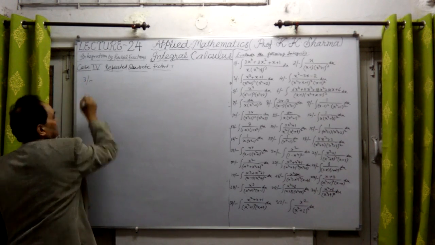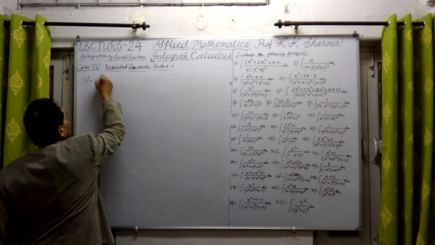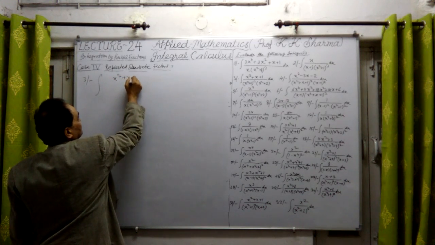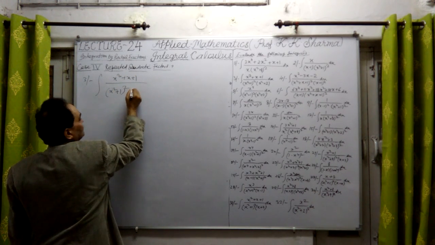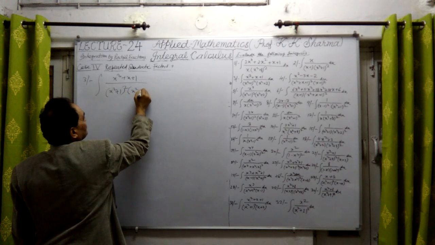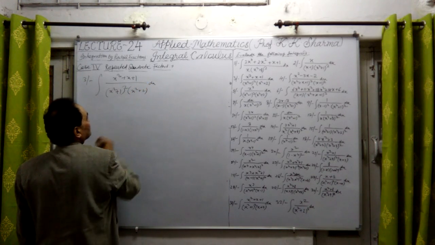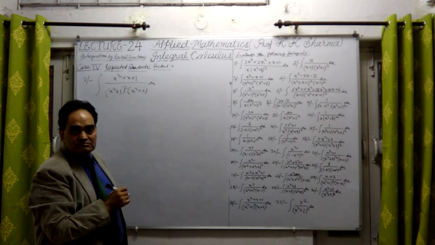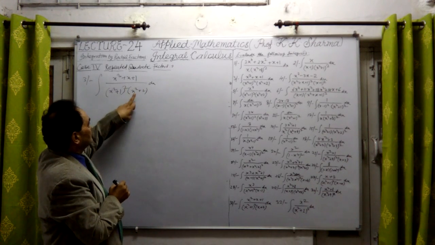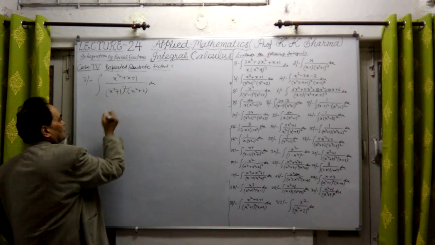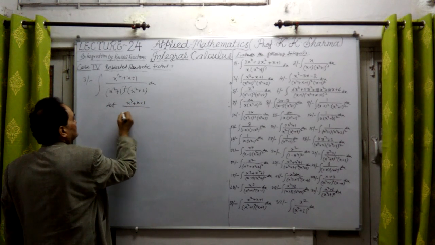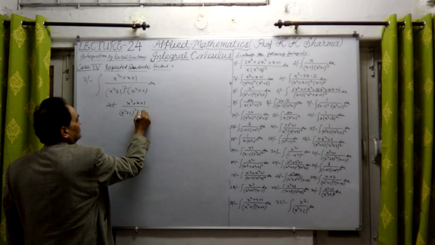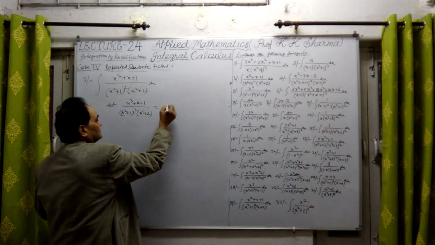Question number third here. It has x cubed plus x plus 1 divided by x square plus 1 whole square into x square plus 2. Yes, again a proper fraction, so this is x4, this is x, so x6, that's the proper fraction for that. Again, we divide into partial fractions like this: take a constant, x square plus 1 whole square into x square plus 2. Let me take this equal to